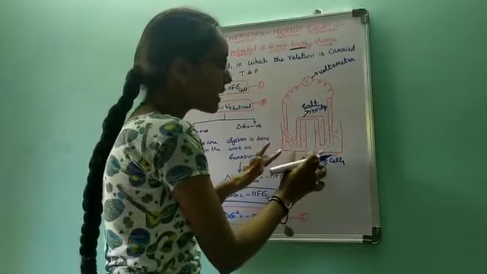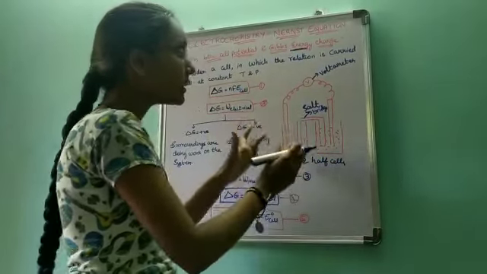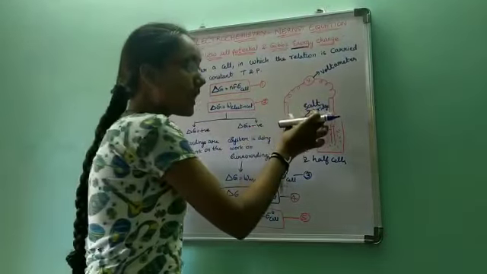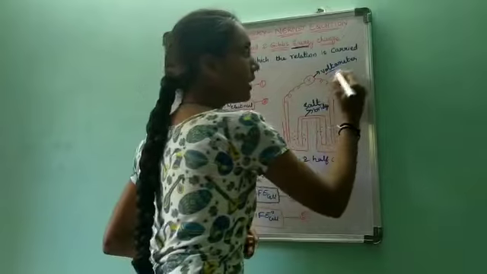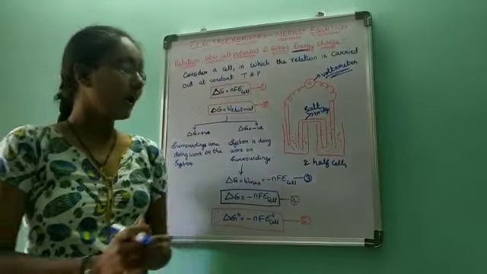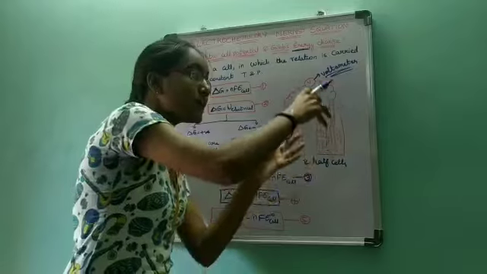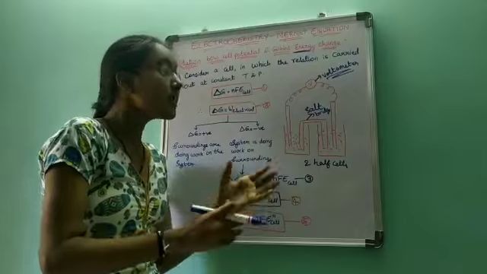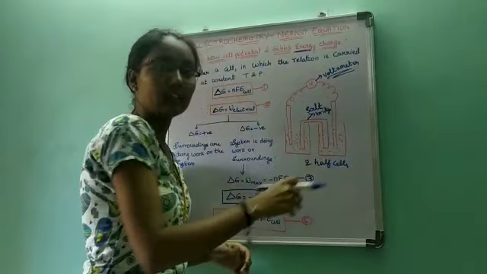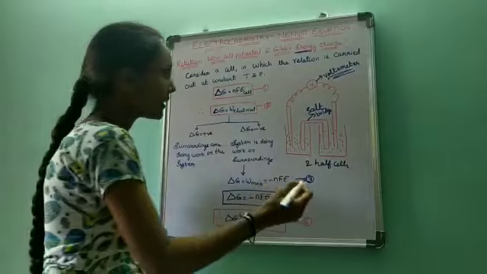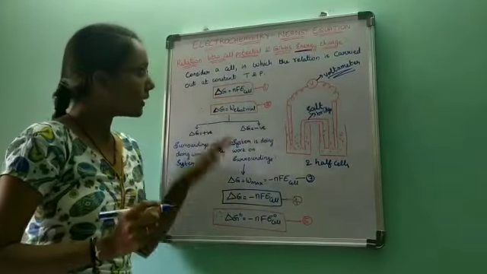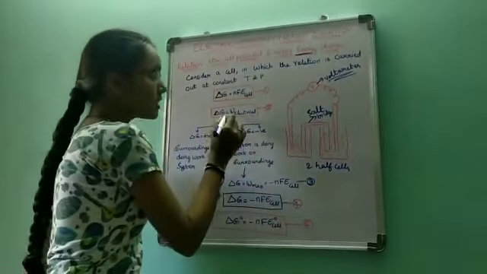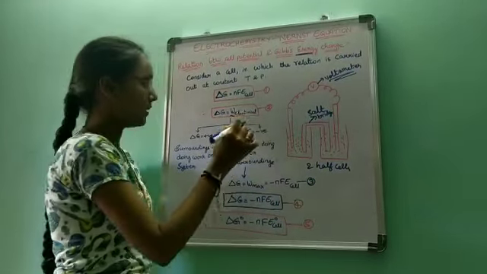If we take two half cells connected with a salt bridge, consisting of two electrodes, one cathode and one anode, these two electrodes are connected with an external circuit called a voltmeter, right? Now when I am trying to pull some amount of energy, some amount of work is also done here, right? So this can be written as delta G is equal to W electrical.